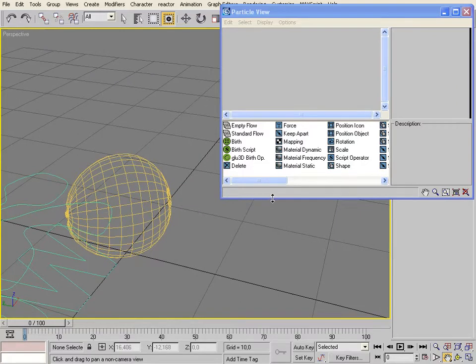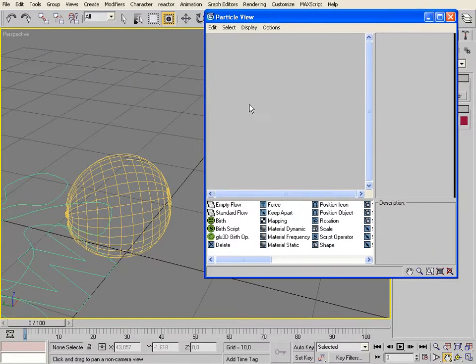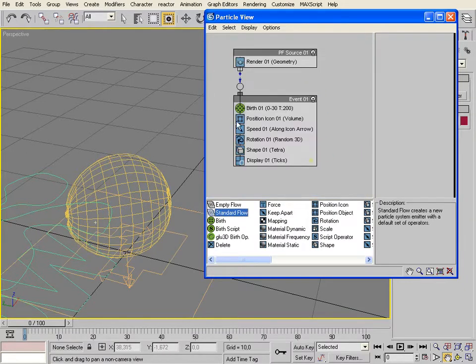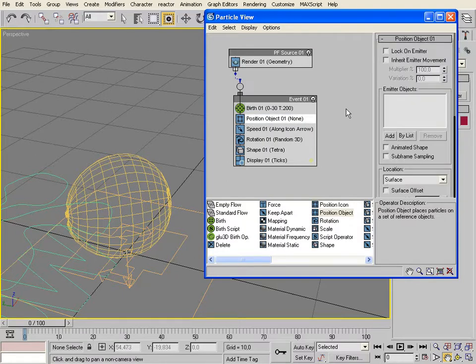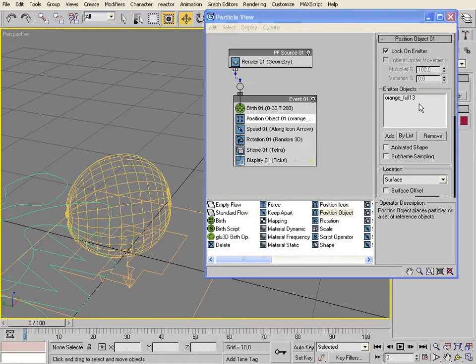Well, let's create a standard flow first of all, and the position object here. I will add this orange object in the list as an emitter object. Let's click on these, and